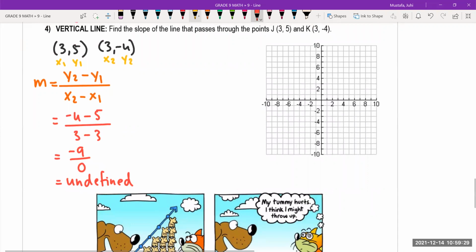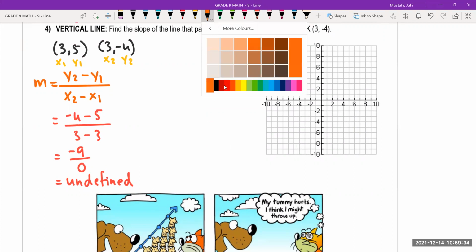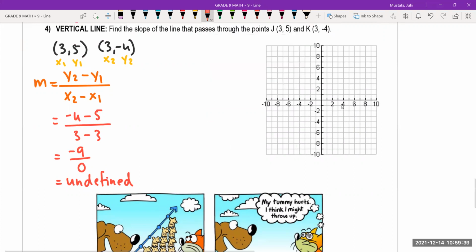All right, to finish off this question and check our answer, let's go ahead and draw it. So we have 3, 5, and then we have 3, -4. So you can see it's a vertical line. It's a line that just goes straight up and down. Okay, and then if we were to do our check using the graph, I would say that we have,